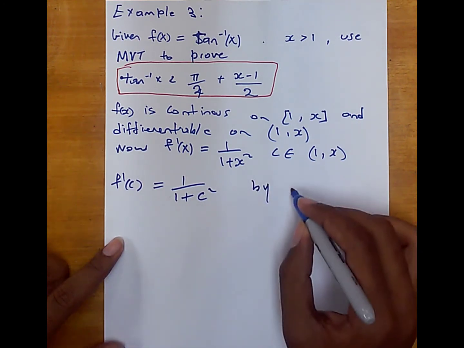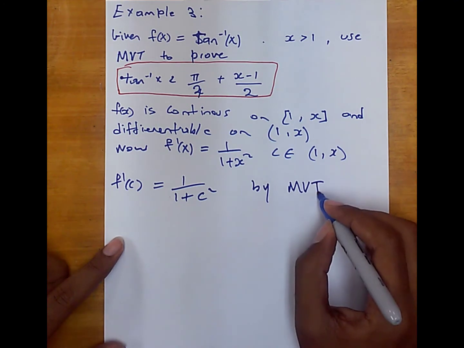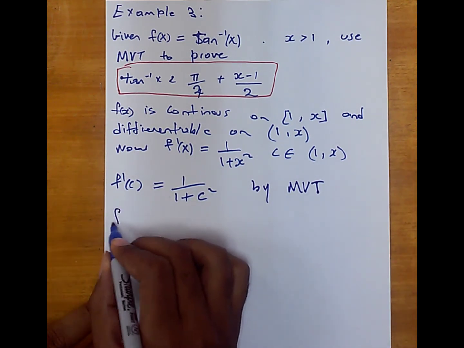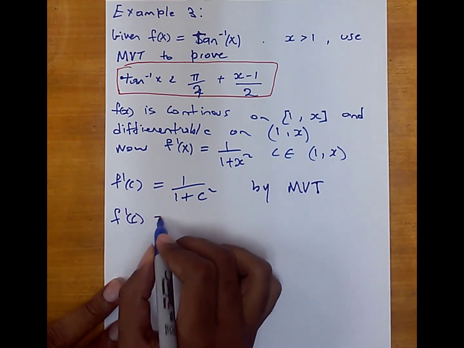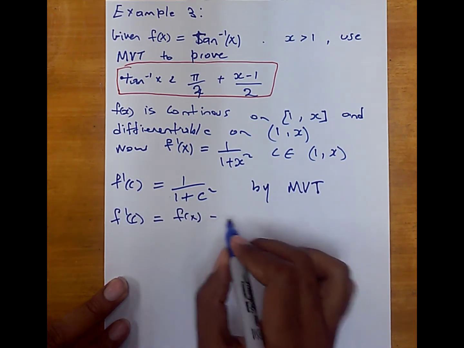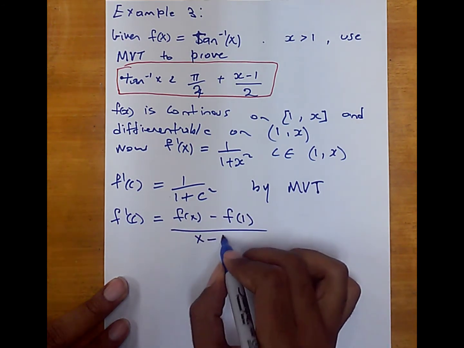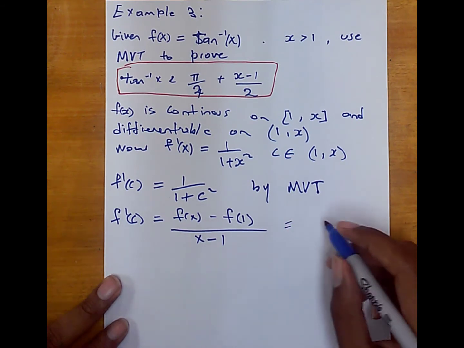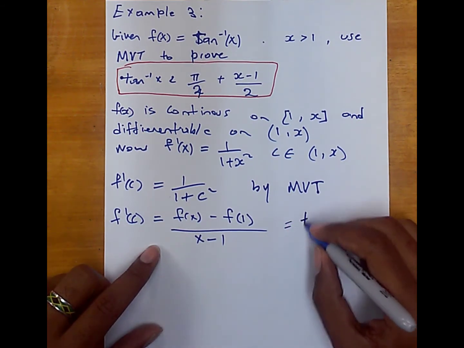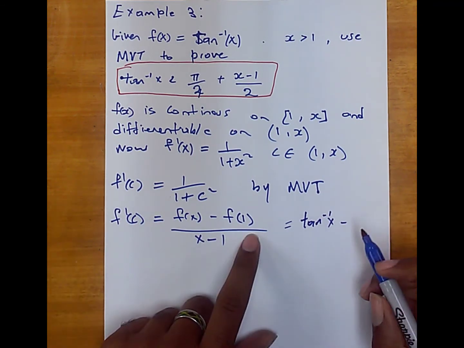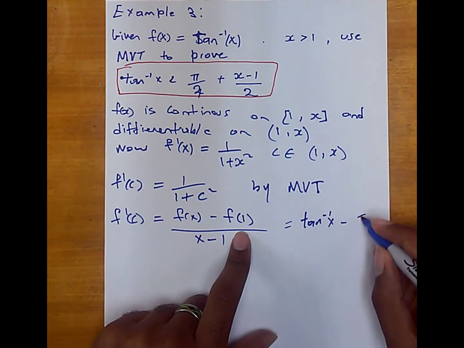And by MVT, there exists a c in the interval (1, x) such that f prime of c is equal to f of x minus f of 1 over x minus 1, where tan inverse x is just tan inverse x, and tan inverse 1 is just pi over 4,